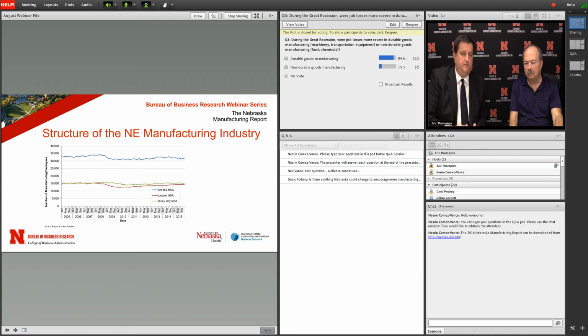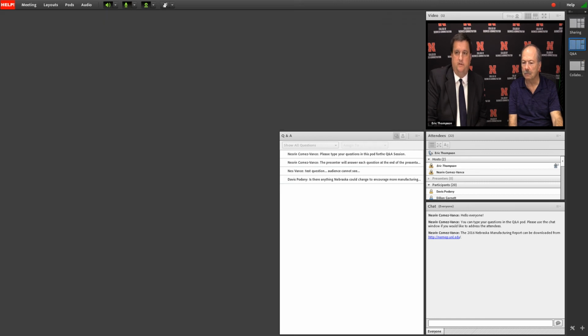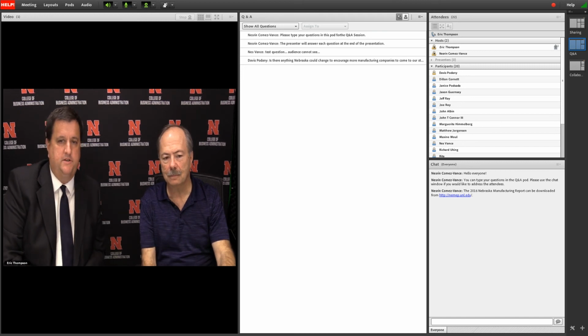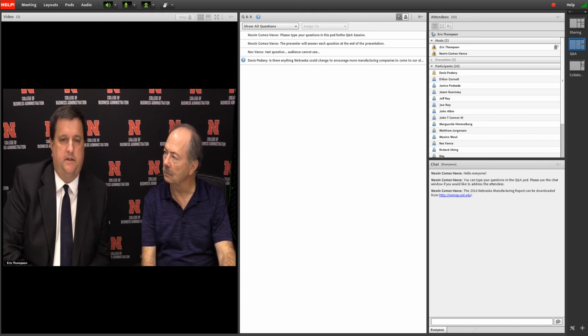And I'm sorry we don't have any figures for Grand Island. Obviously, in the last few years, that's become a metropolitan area, but we didn't have a long enough time series to include it in this graph. But it's definitely true that a lot of the manufacturing employment is also in non-metropolitan Nebraska. Okay, well, those are the key points we wanted to make, and we'd like now to answer some of the questions you have. Perhaps you entered some questions during the webinar PowerPoint presentation, or perhaps you'd like to ask a question now, and you can continue to do that as something occurs to you.